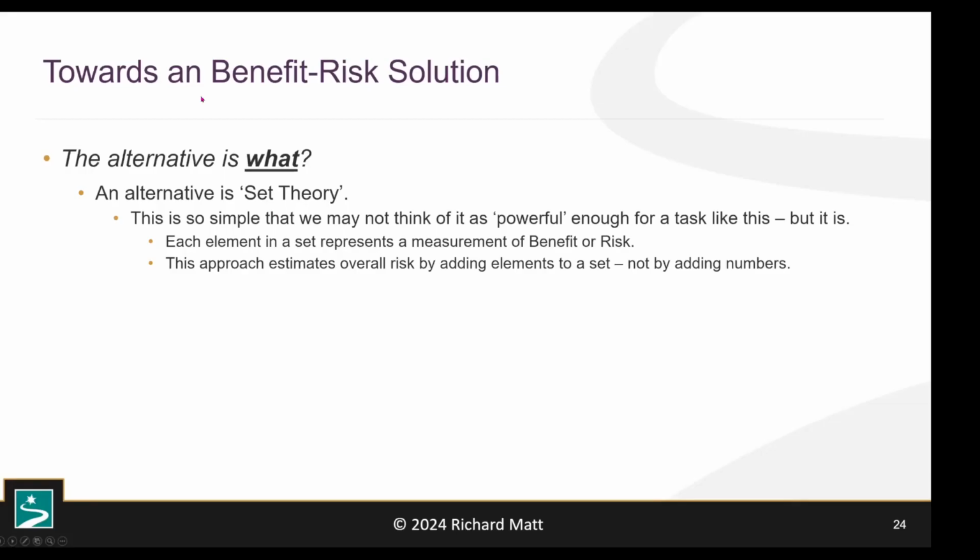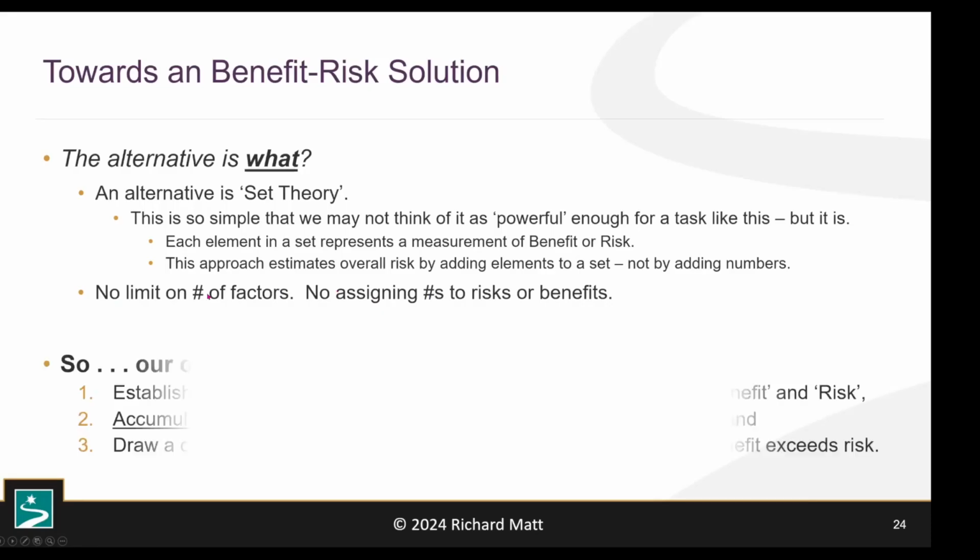We're going to use each element of the set to represent a single metric measurement of a benefit or a risk. And we're going to accumulate overall risk by simply adding elements to the set, not adding them numerically, but putting more elements in the set. We're not going to add numbers. So this gets us around the problem of adding numbers that 24971 preaches against. This puts no limit on the number of factors we have. We're not assigning numbers to risk,